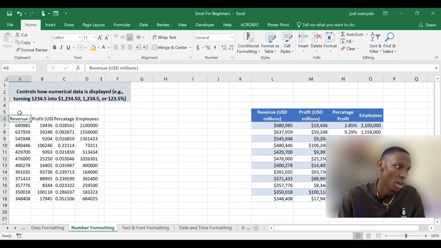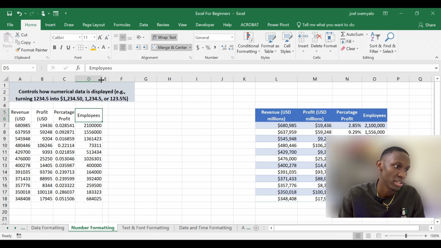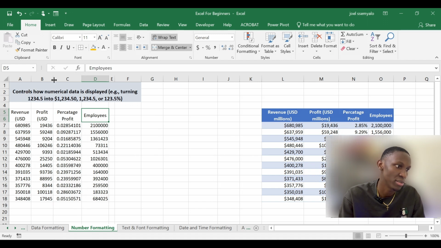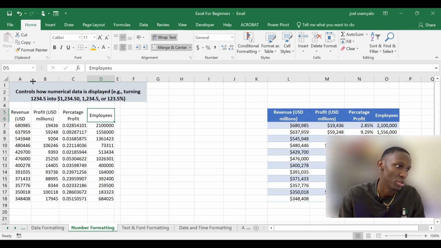So I'll first merge this and wrap it. I'll do the same here, merge and wrap. I'll come to percentage, same thing, merge and wrap. Employer, merge and wrap. Okay, I'll adjust here manually, but if you don't want to adjust manually, you can use